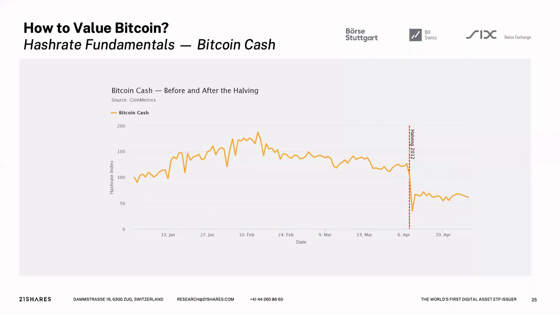We talked a bit a few weeks ago about Bitcoin Cash, which was a spin-off of Bitcoin with much weaker fundamentals. And we talked about how on the 8th of April, Bitcoin Cash had its own halving. As one can see, in the lead up to Bitcoin Cash's halving, which I just want to remind you is a different crypto asset from Bitcoin, Bitcoin Cash's hash rate was on a slow decline before massively dropping on the day of Bitcoin Cash's halving.